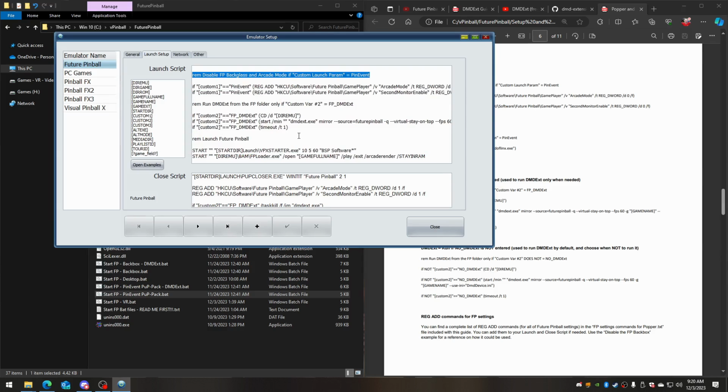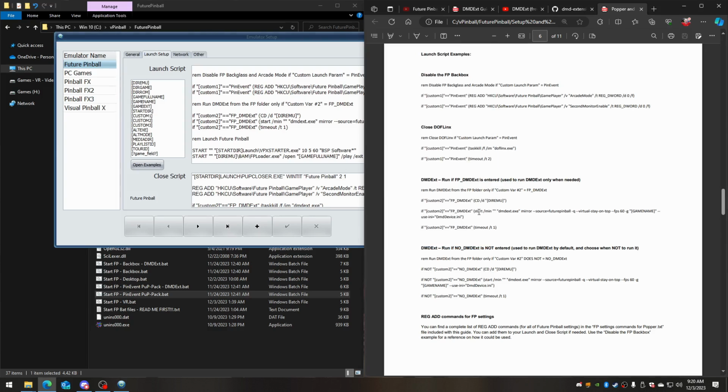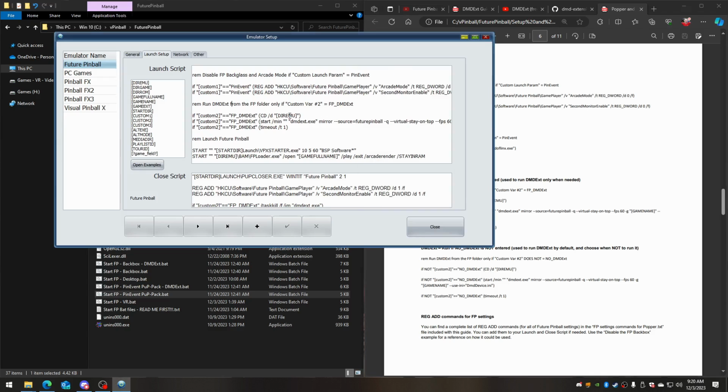Now, currently, this may change in the future. Currently, this is set up to run DMDExt only when we choose. So in the second custom launch parameter. So that's what this example is right here, the first one. It's the same thing as that. So it's just basically what this means is it's checking,